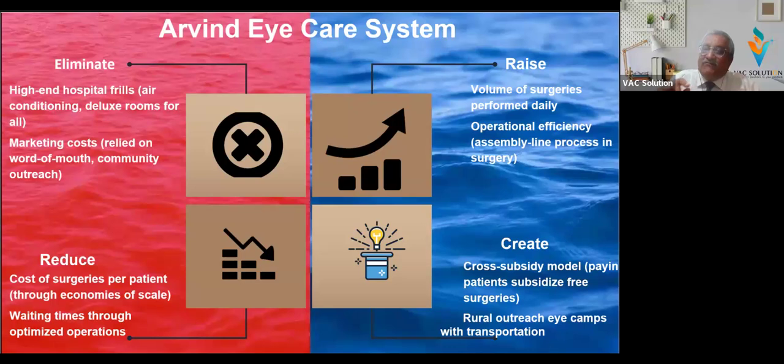In the rural India, when the patient comes to some interior eye camp, he is not only given the operation, but he is also taken back to the place from where he has come and he is left there. All these created a system where Arvind Eye Care system has become one of the topmost in the country today, and Arvind has opened branches everywhere. And no one is able to compete with them. They have created a totally different market for themselves in the rural segment. And in the process, their metro segment sales is also going up.